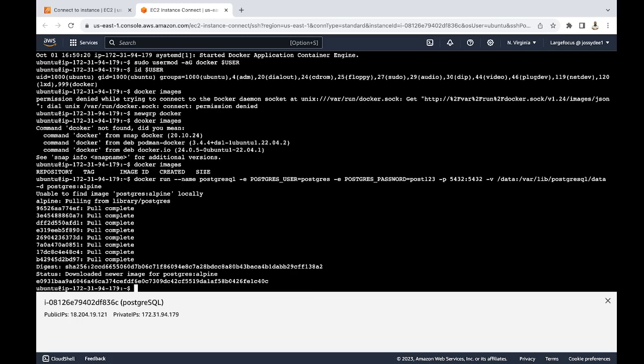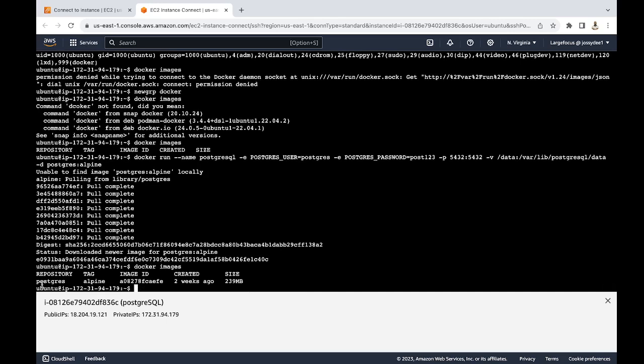For me to be sure it has pulled it, let me first check if I have any images. You can see this is the image, Postgres, and this is the tag name. You can see I have an image. So this is the image I pulled. So let me check